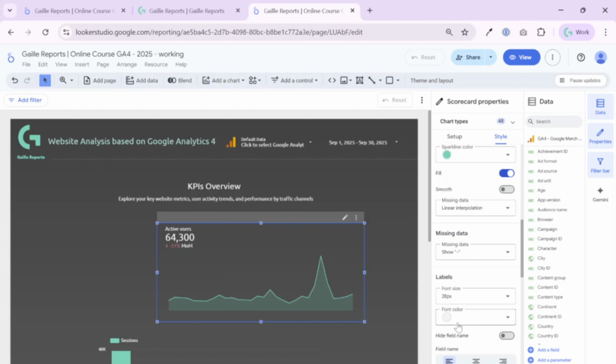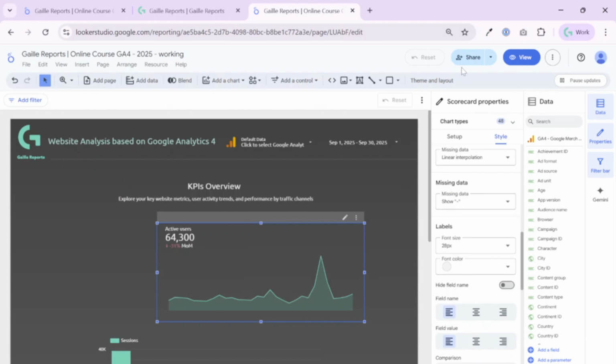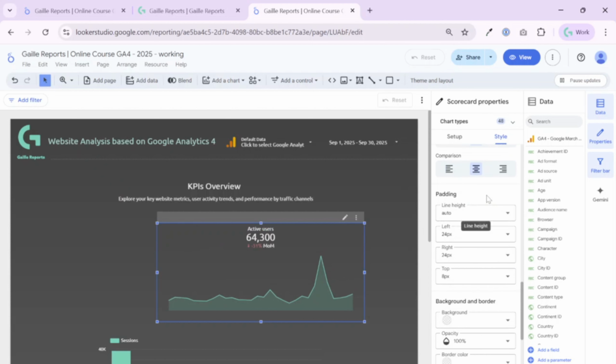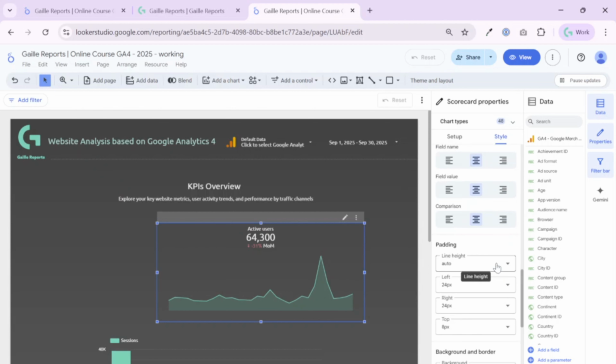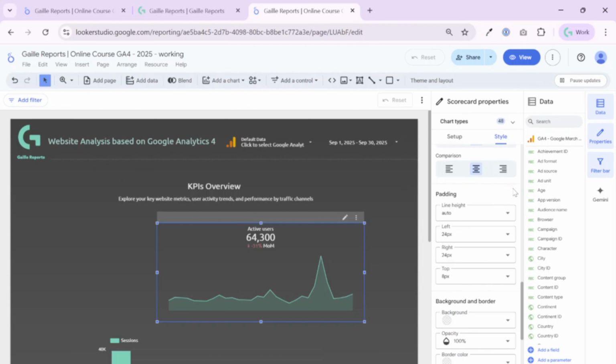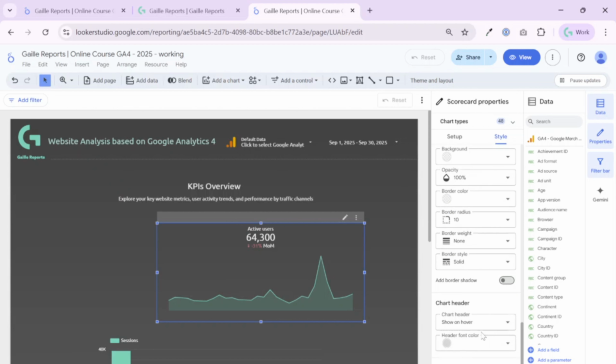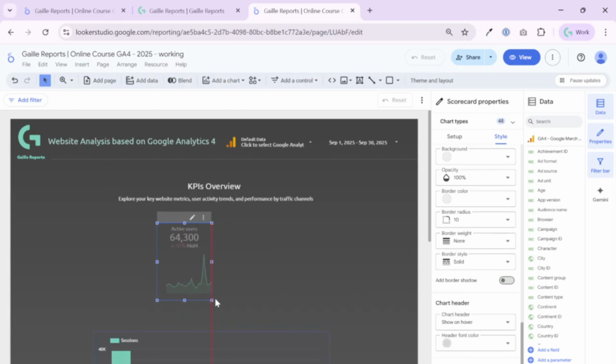Then font color. It is super nice when we set up theme and layout. I don't need to change it here for each tile. Then, we can hide it, but I want to keep it. Then we align to the center because I just like it. Nothing more. You can listen to it or not. Doesn't matter. And I think that's it. What I need to do here, and I think we are fine with